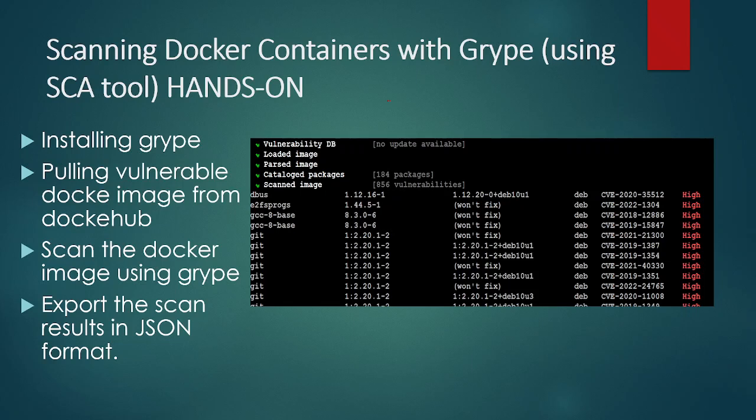So today I'm very excited to take you through this particular demonstration. We are looking at scanning Docker images with an open source tool known as Grype, which is one of the software composition analysis tools. We'll be looking at how to install Grype. We will pull one of the Docker images which is vulnerable by design from Docker Hub, also try to scan the Docker image which we just pulled, and we will try to analyze the results